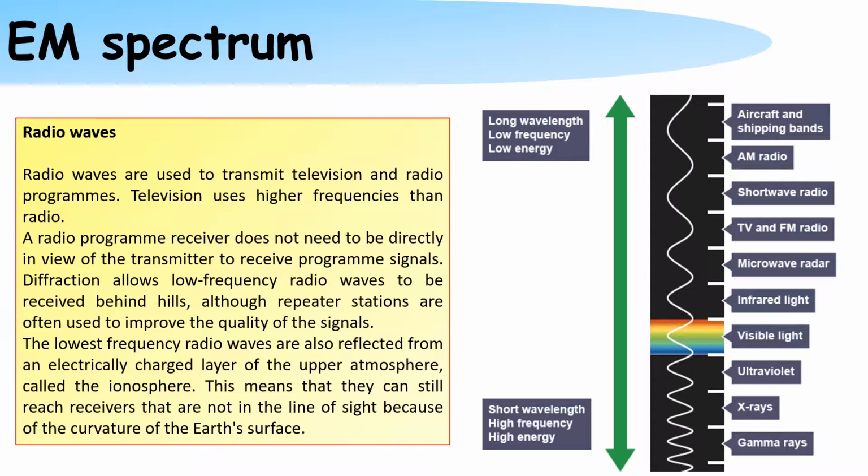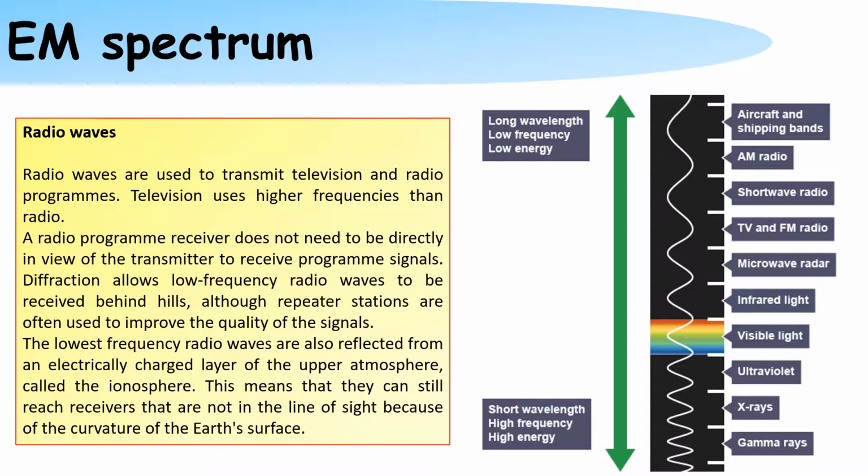Radio waves are used to transmit television and radio programs. Television uses higher frequencies than radio. A radio receiver does not need to be directly in view of the transmitter to receive radio signals. Diffraction allows low-frequency radio waves to be received behind hills, although repeater stations are often used to improve the quality